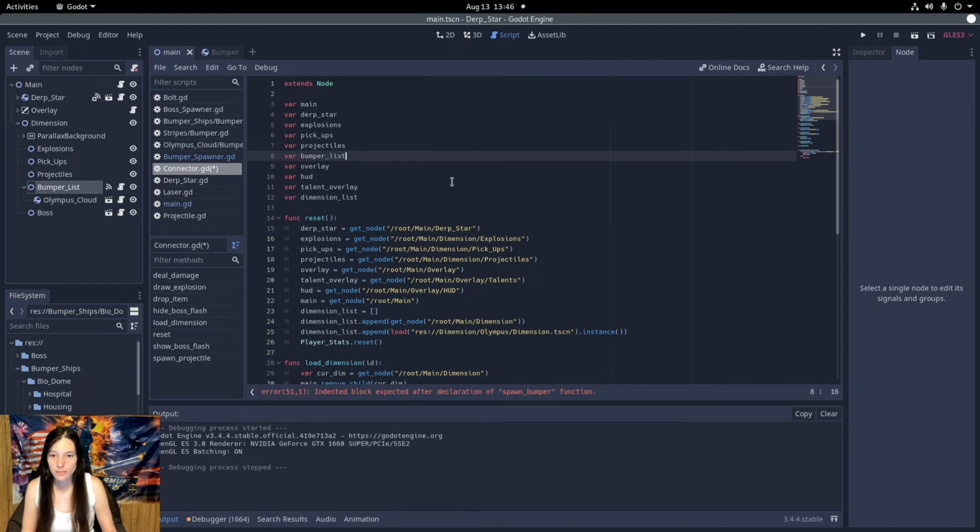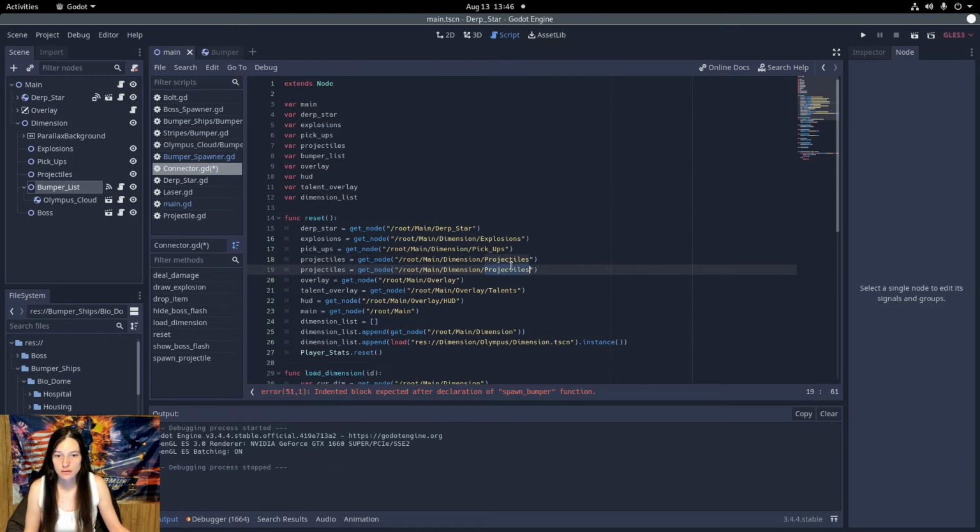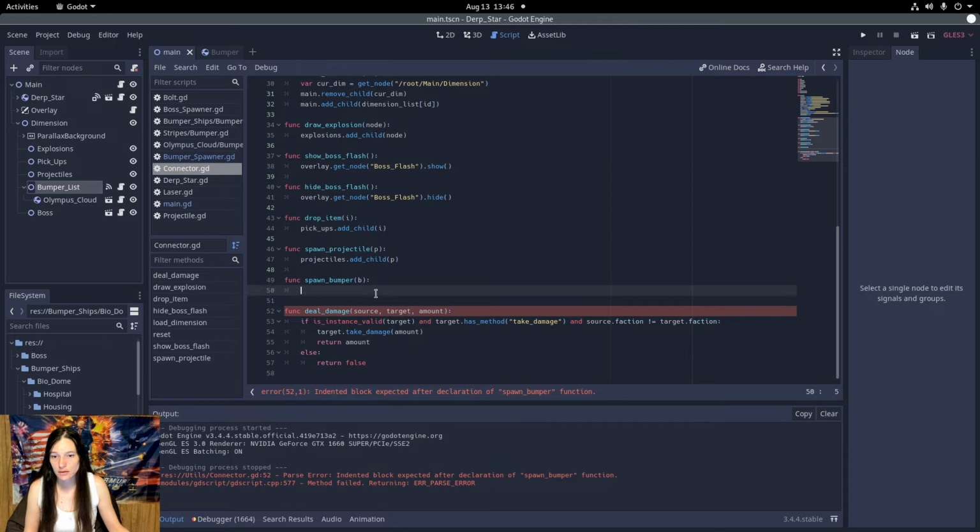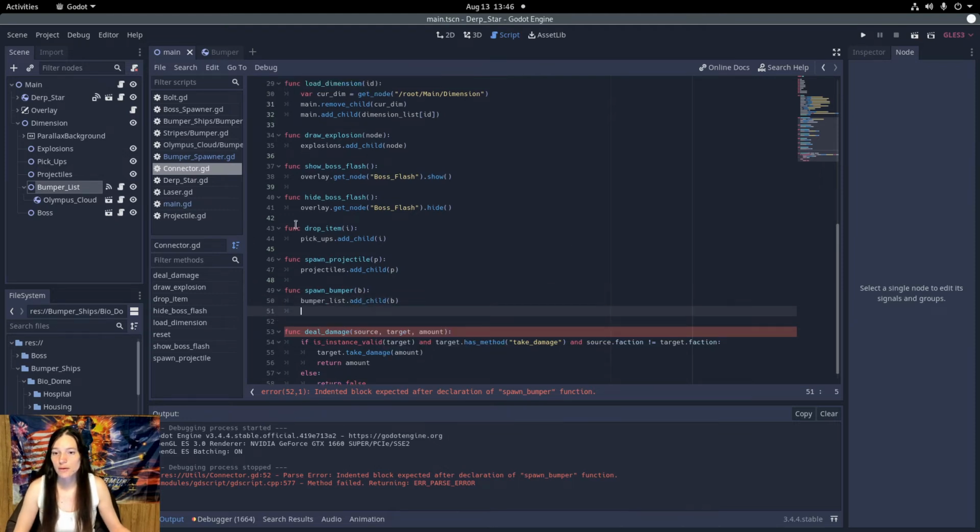So bumper list, and then we'll assign it in the reset function. And then, so now in spawn bumper, I can say bumper list dot add child b, and then